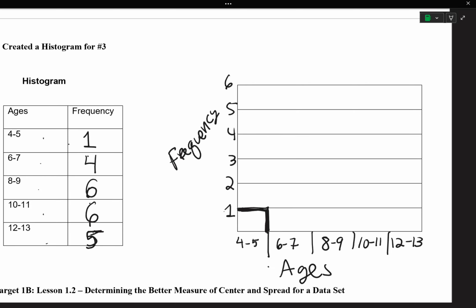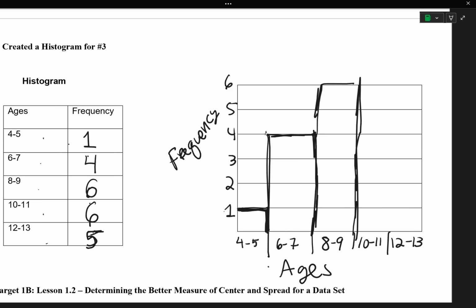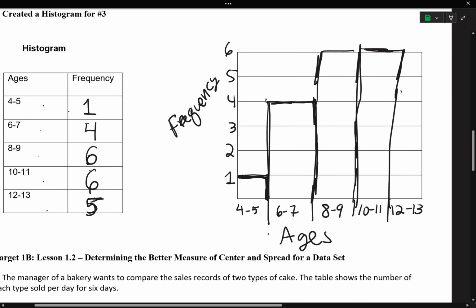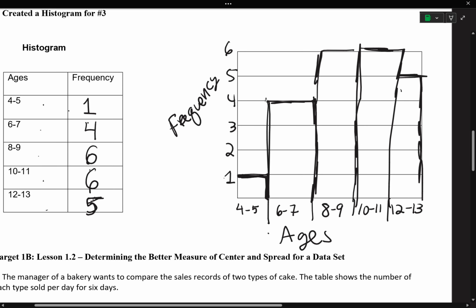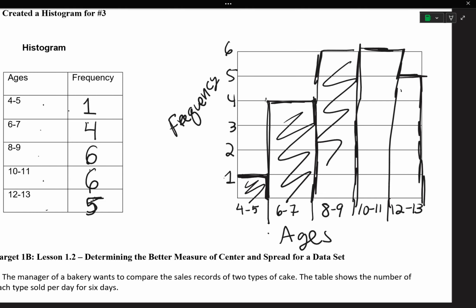There were 4 6 to 7-year-olds. So 6 to 7 is 4 tall. We have 6 8 to 9-year-olds. We have 6 10 to 11-year-olds. And 5 12 to 13-year-olds. All right. There are our